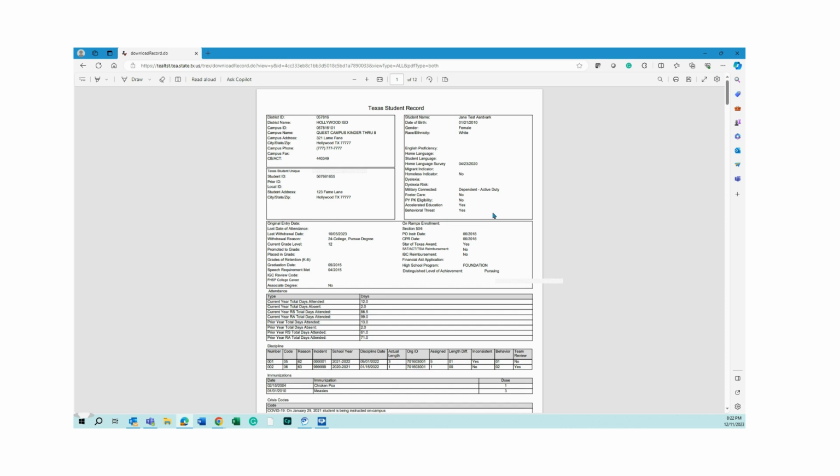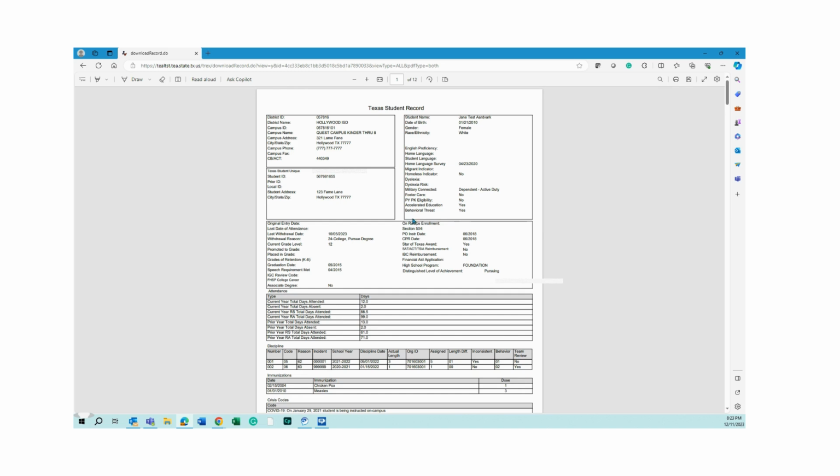School districts and open enrollment charter school systems should develop a procedure to ensure that this indicator is populated in your local source system when a Safe and Supportive School Program, or SSSP team, initiates a BTA for a student. If the student transfers before the assessment has been completed, the receiving school district should obtain all the records associated with the assessment so that the assessment may be completed.